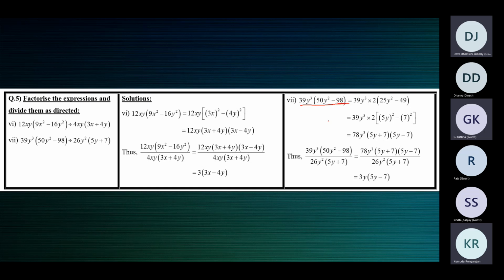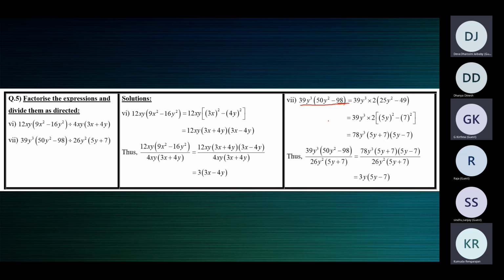So there are two terms. That means you cannot factorize by splitting the middle term because for that there should be three terms. You want to use a square minus b square, but they are not perfect squares. So how to factorize? When you look at the two terms, 50 and 98, they have something in common other than 1. The HCF of 50 and 98 is 2.